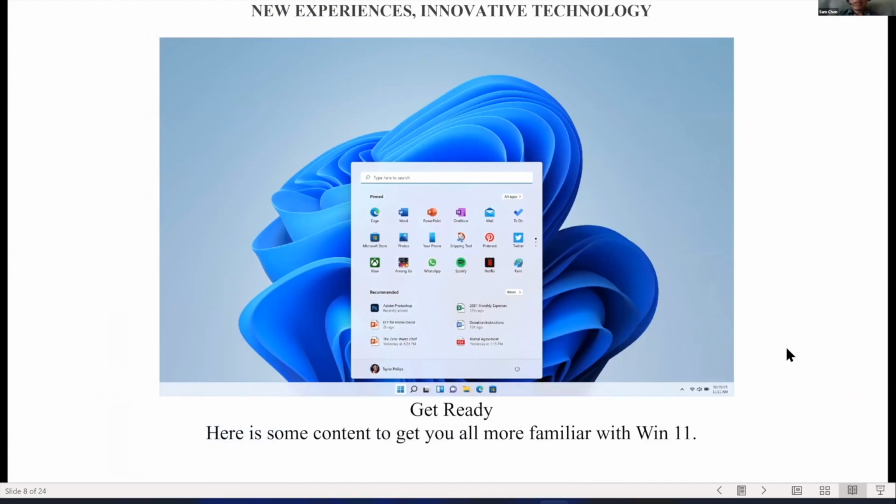All right, so let's get into Windows 11. So this is a brand new user interface. And you can see actually I'm presenting this demo from my Windows 11 device. So it looks exactly the same here. The taskbar is in the middle and the rest is still the same. Windows 11 makes the whole user interface simpler and simplifies the system tray and also the settings on Windows 11.